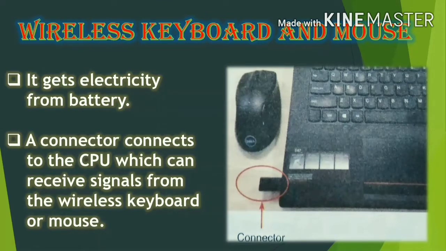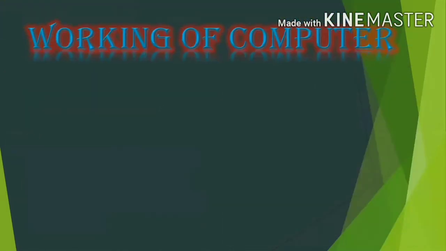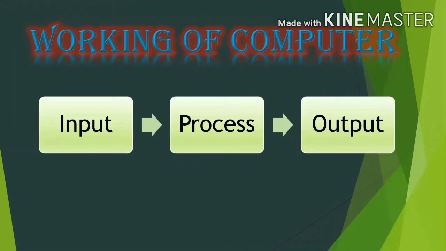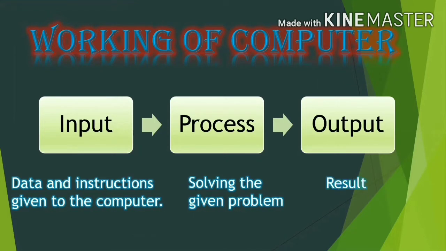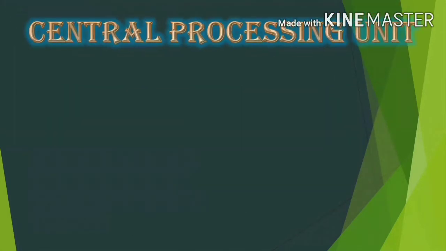You have learned that computer works in 3 steps. In the previous session, you have learned the first step, that is how to send input, that is data and instructions through input devices. Isn't it, children? Now, the input you have sent will be processed. Can you tell me, children, where the data will be processed? In which part of the computer? Yes, the data will be processed in CPU.